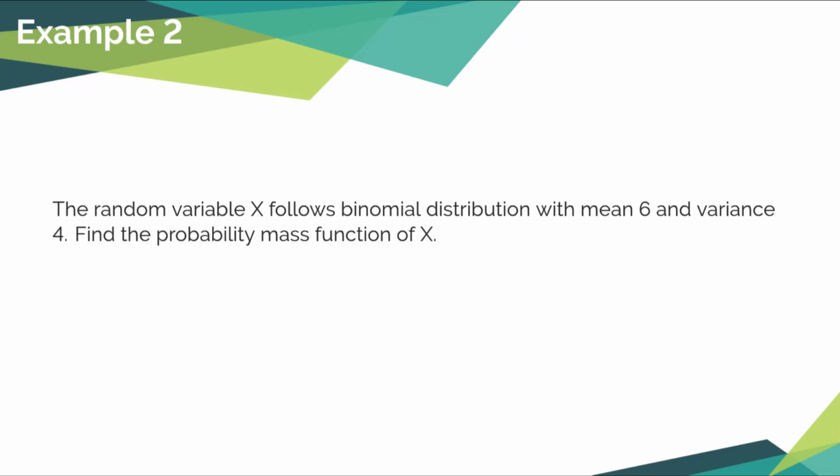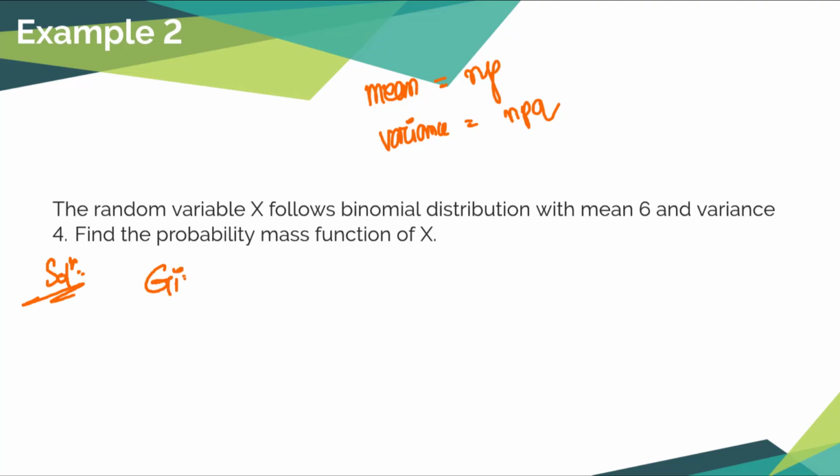So instead of the parameters, here we are given the mean and variance of the binomial distribution. But we know that for a binomial distribution, the mean is given by np and the variance is given by npq, right? So from this relationship, we can obviously calculate the parameters. So the solution: given that mean is equal to np is equal to 6,